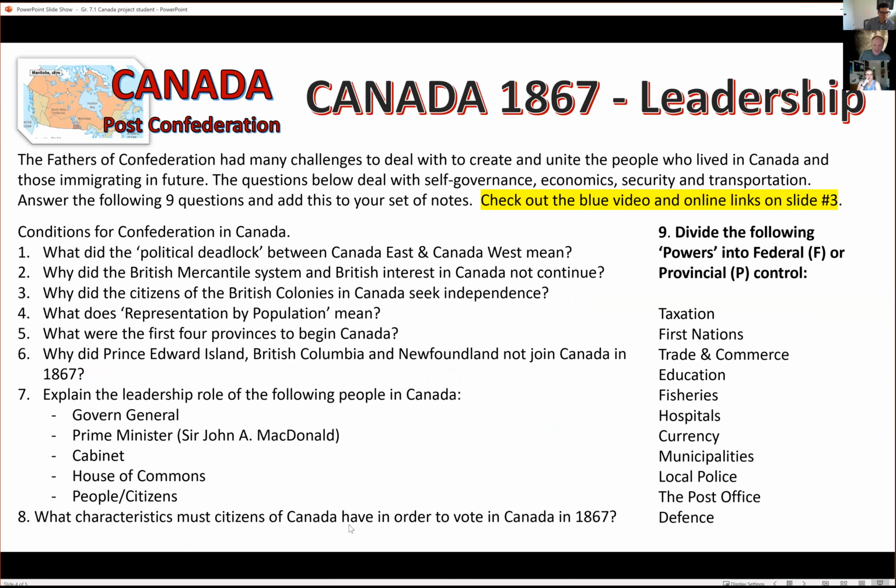And what we did with the concept here, we decided we would talk about leadership and tied most of the content into how do these different groups, how do these different people deal with leadership. So that was the concept we focused on. And it's the separation of powers, those types of things, to help Confederation get to where it is and the first steps into Confederation. So that's where we went with the grade 7.